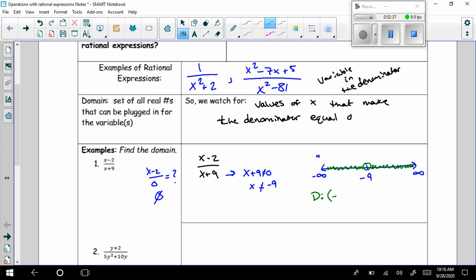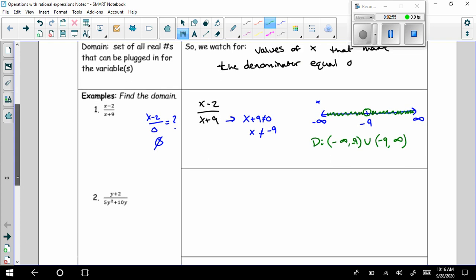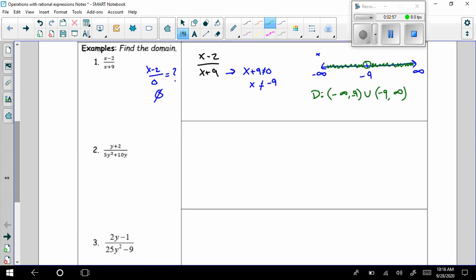And so the domain for this, and we're going to describe our intervals here. We're going from negative infinity all the way to negative 9. We're not including that, so we're putting parentheses. Union, and we pick back up on the other side of negative 9, and then approach infinity. All parentheses all the way across. Okay, and so that is your domain. And we can do that for any rational expression, and we need to do that for any rational expression. It's identify those restricted values